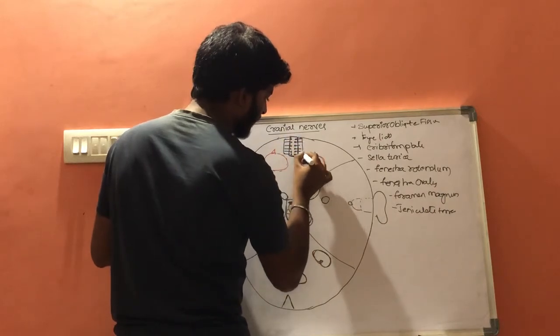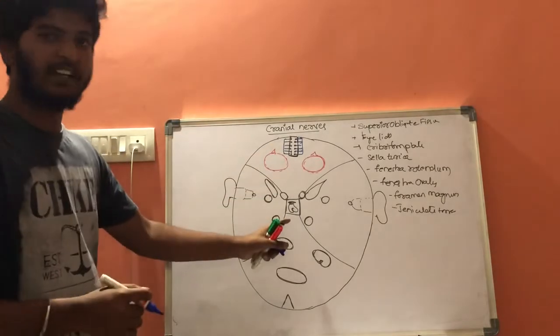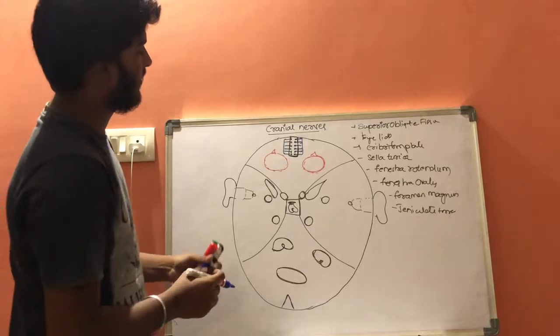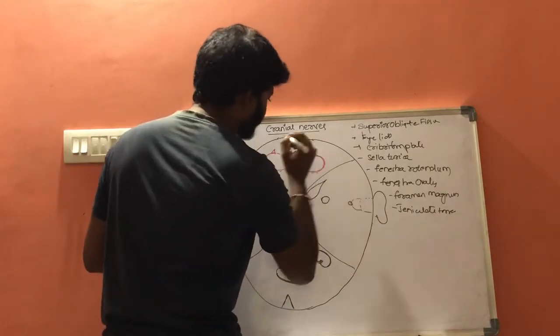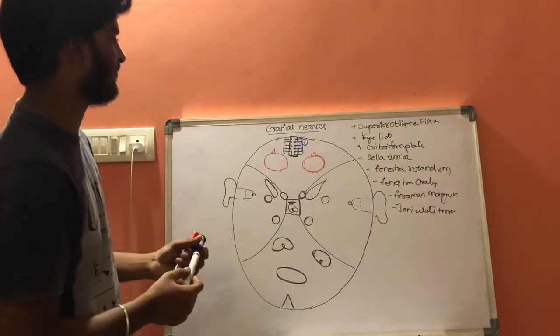From here, the olfactory nerves are arranged and will be sent into the olfactory lobe of the cerebral cortex. This is the first type of nerve. Now the second type of nerve, that is